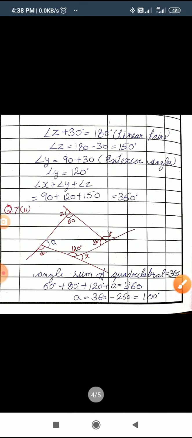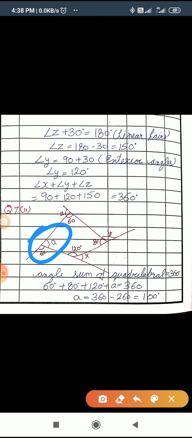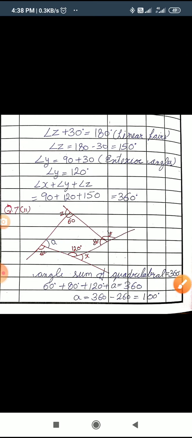Now in the same way, this time a quadrilateral is given, and in the quadrilateral 3 angles are given, and he is asking for the sum of all the 4 exterior angles. Okay, let us see how we are going to do it. The same linear pair is going to help us, but as we know the angle sum of a quadrilateral, we have assumed the fourth angle which is not given as A. So first of all we are going to find this A, and thereafter we will find the rest of the angles by linear pair. So the angle sum of a quadrilateral is 360 degrees.